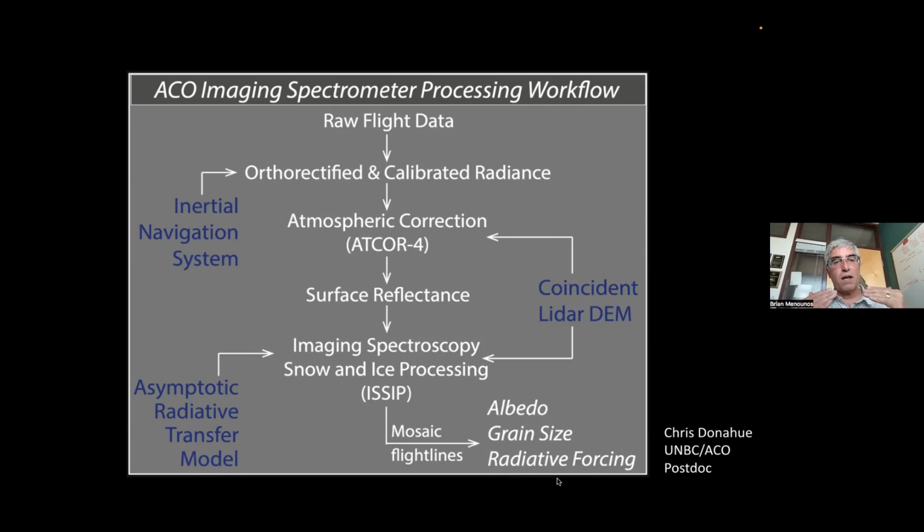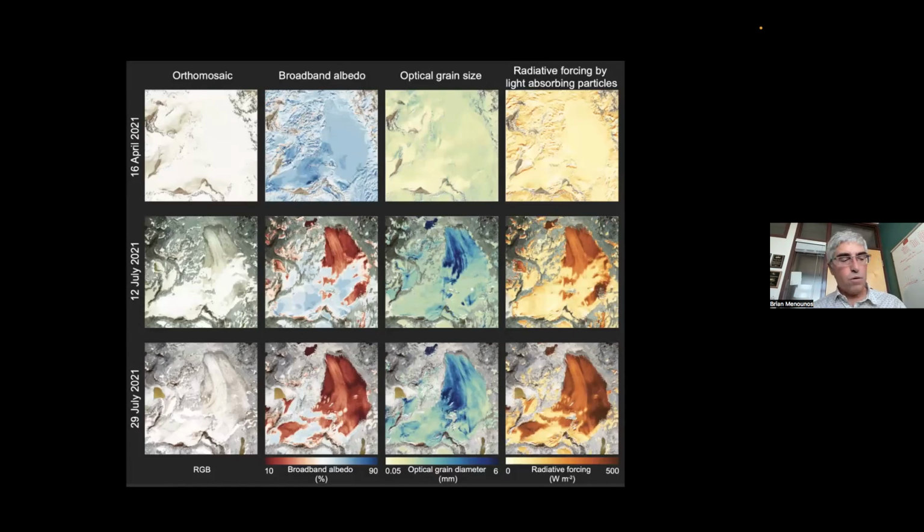Radiative forcing essentially says how much energy is being absorbed by that surface due to things like impurities or changes in grain size. Those impurities, again, can come from things like wildfire smoke. They can also come from dust and other phenomena. But by and large, in Western Canada, we're seeing a profound increase in darkening, we think, due to wildfire smoke.